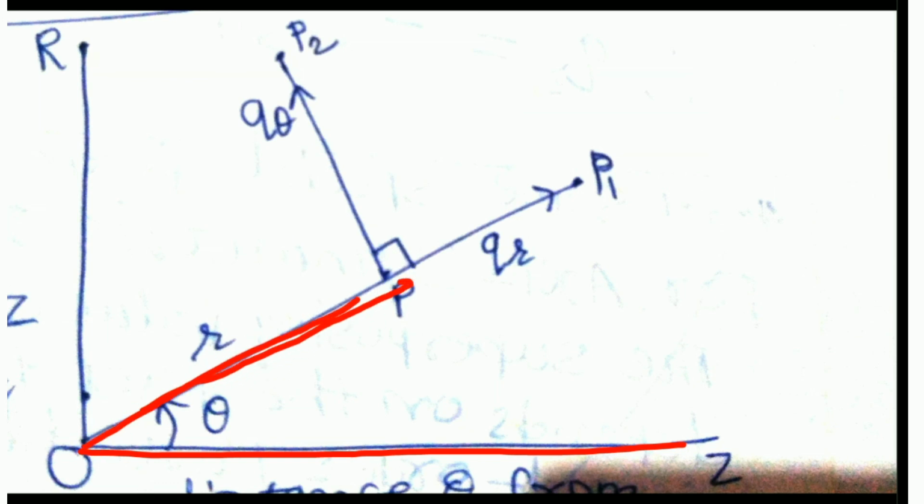This given figure shows the meridian section through the axis of symmetry OZ of the flow, P being at distance r, OP is equal to distance r, and angular distance is this theta from this OZ. The fluid velocity components at P